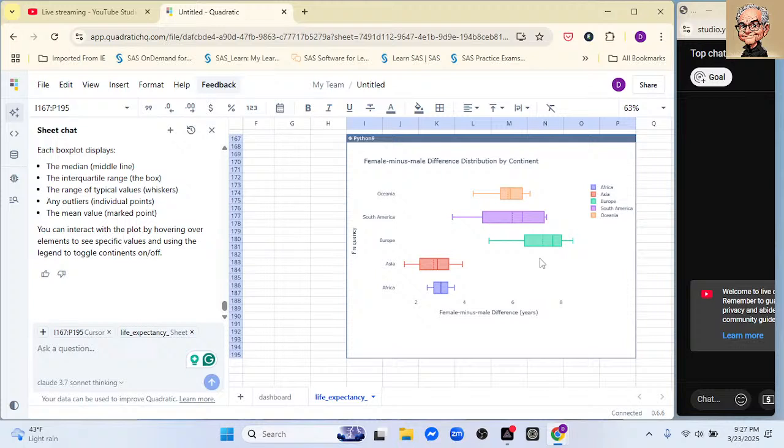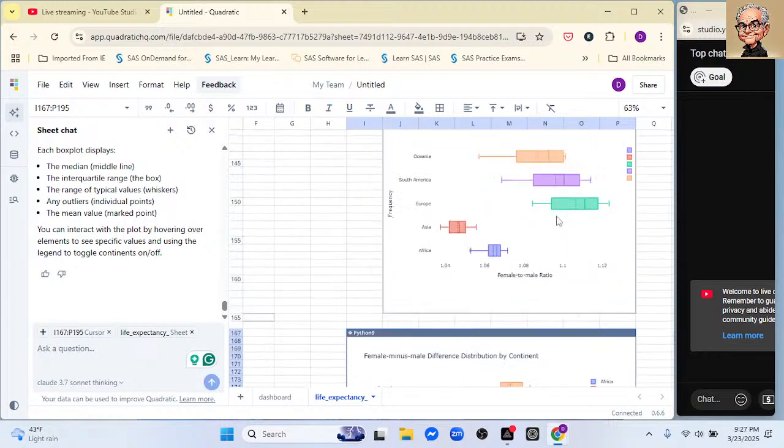All right, and you can see the biggest difference is South America. Okay, this is 4 years, this is 8 years. So that means there's a difference of 8 years, apparently. In terms of ratios, you can see that